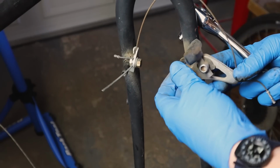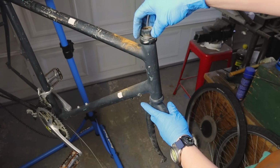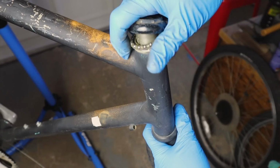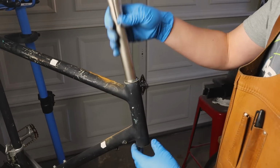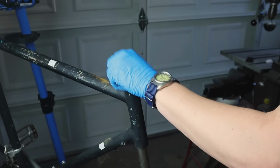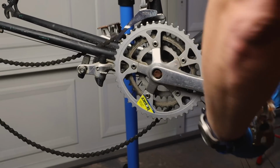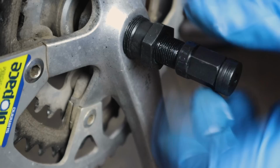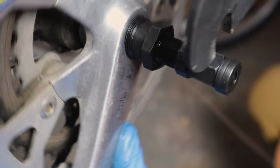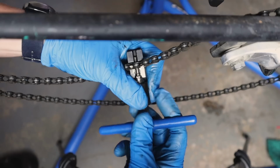Ibis was coming out with some really neat custom bikes in the 80s that they were building, and the Ibis Avion bike was essentially the same bike as this Novara Ponderosa. They were sold at REI, and they were great bikes. So with that in mind, I wanted to do a restoration on this bike and return it through paint to its